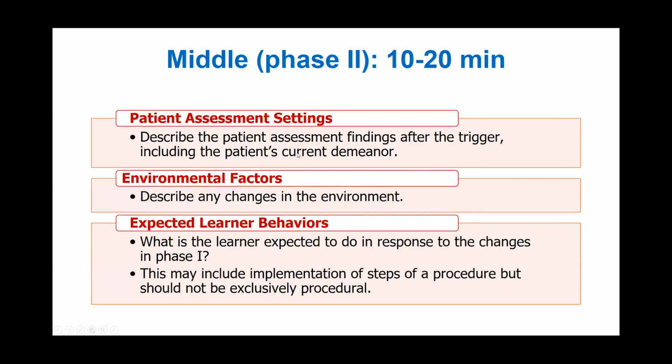And during the middle phase, the patient will have different findings, and then the environment might change, and the trainee will have different expectations. So now he realized that this patient is having acute severe asthma. He will need to continue assessing the patient. He will need to prescribe a bronchodilator. He will need to take an ABG sample. He will need to request a portable X-ray. So all these expected actions are listed,